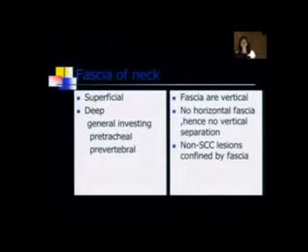And then you have the fascia of the neck, superficial fascia and the deep fascia. So superficial fascia is really directly under the skin. It's not really important, and it does not play any role when you say neck spaces, because it does not form partitions or divide the neck into any space. And deep fascia would be general investing, pretracheal and prevertebral. So there are three sub-classifications of the deep fascia.